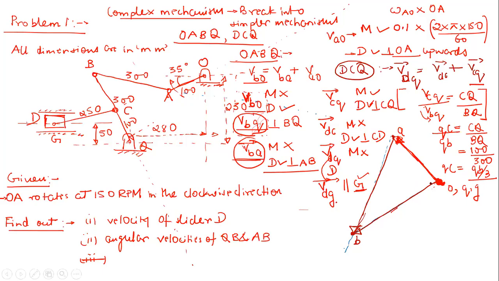For now, just tell me, this point C, if I just take it by intuition, should it lie close to this point B, or close to this point Q? Q, right? Obviously it is going to lie close to this point Q. So it will be, let's say, somewhere here. So we located this point C. Now let us draw these two vectors, one is CD, and another is this DQ. So first of all, how to draw this? Now just tell me this thing quickly. Now it's very easy.